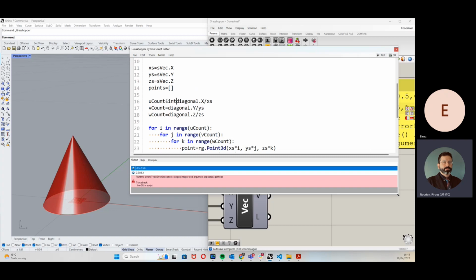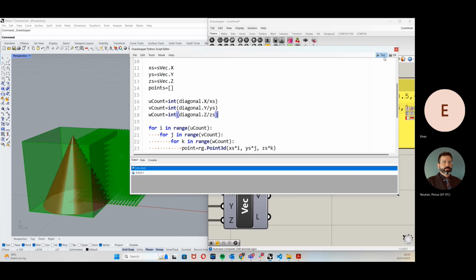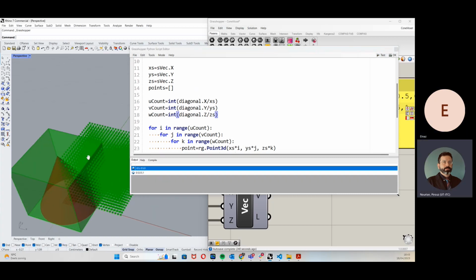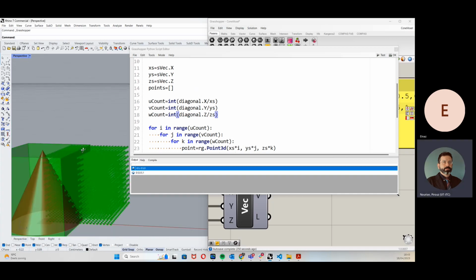You know, I can do this one first. I can convert them to an integer. Okay, so you see everything seems to be okay right now